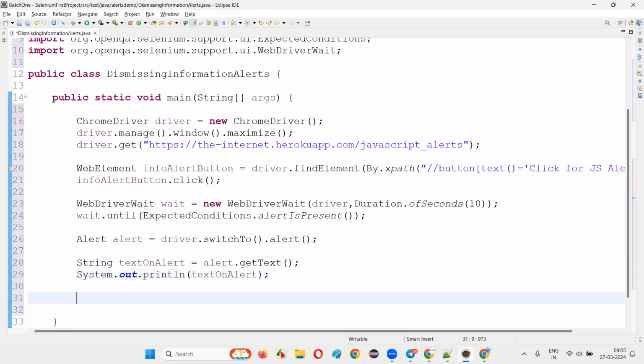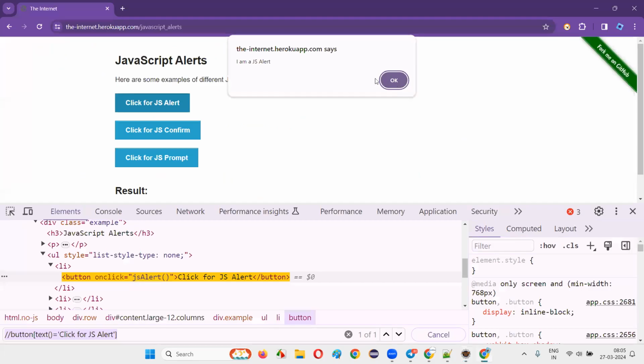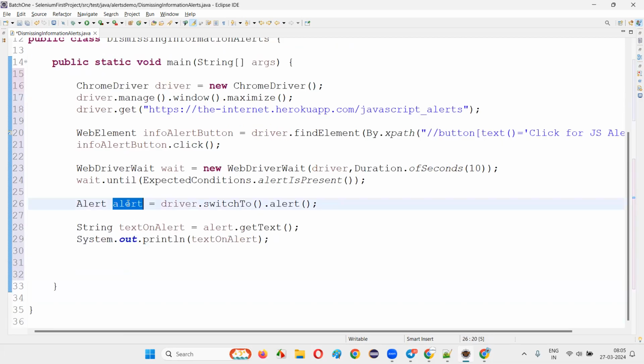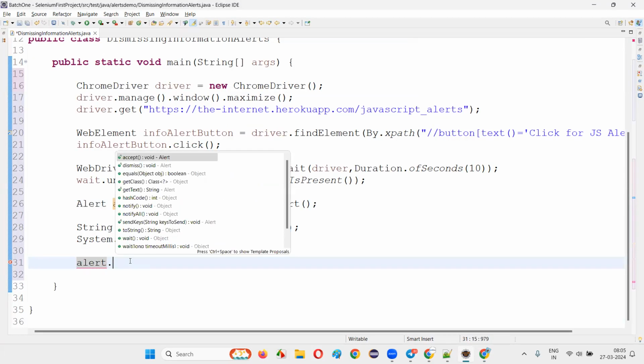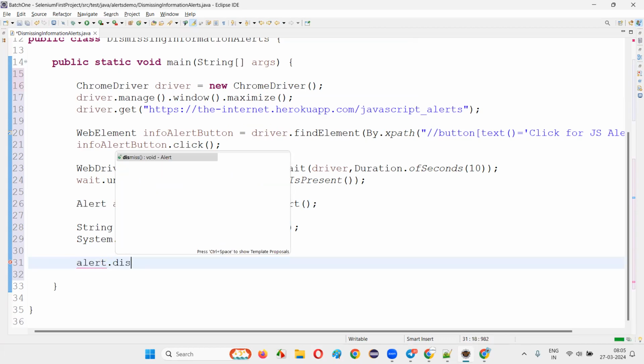And then once the text on the alert is printed out, I don't want to select the OK button. I want to dismiss the alert like we press the escape key manually, right? So for that, is there any command in the Alert interface? Using the object reference of the Alert interface, we can access a command. What is the name of the command we have? Dismiss command. If you want to select the OK button, you have to say alert.accept. But if you want to press the escape key on the keyboard to dismiss the alert, you have a command known